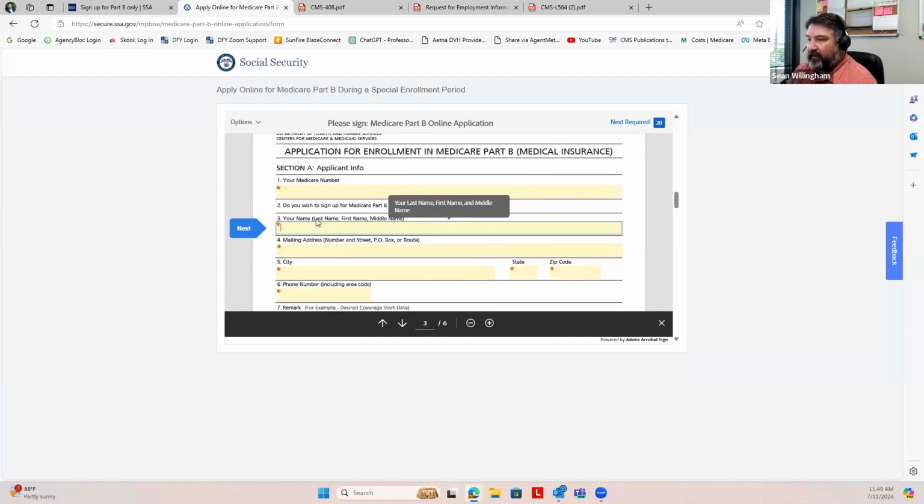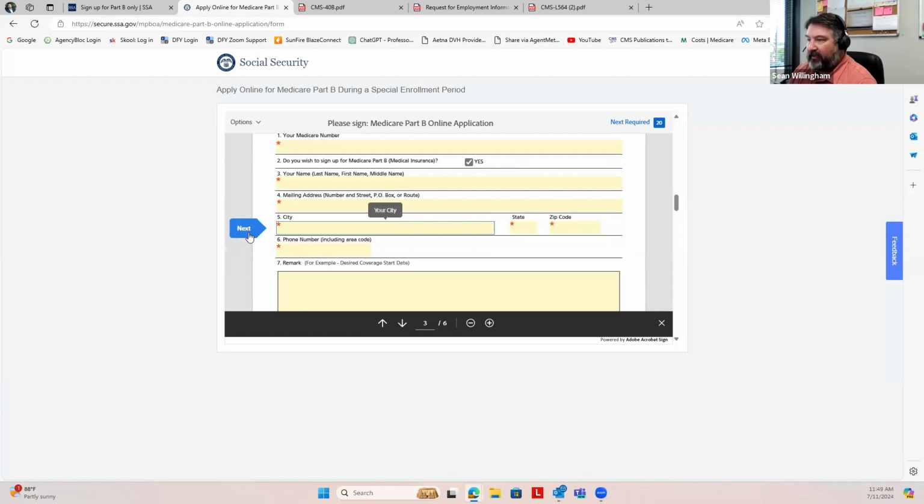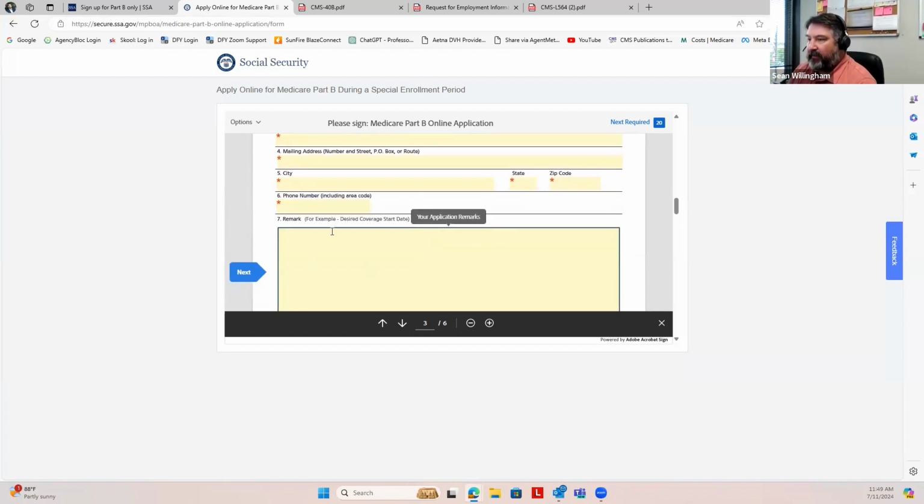Then you're going to put your name, follow the same format. Last name, comma, first name, comma, middle name. All right. Got your address, mailing address, and your phone number. Okay. The remarks section. This is where you put the desired coverage start date. So let's just say, hypothetically, you're going to stop working at the end of September, and your coverage is going to end last day of September. And so what you want is a desired